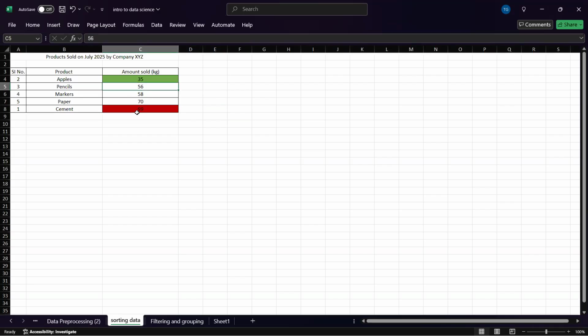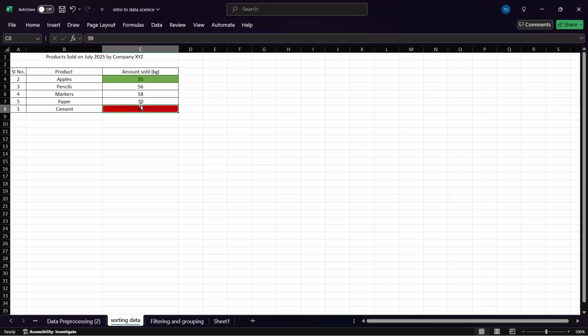There are other advantages too. In the future I can sell more cement, because it sells well, while I'm unable to sell many apples. Anyway, I am able to draw important conclusions from this data.